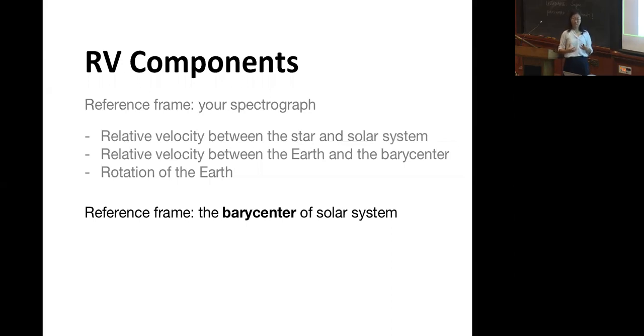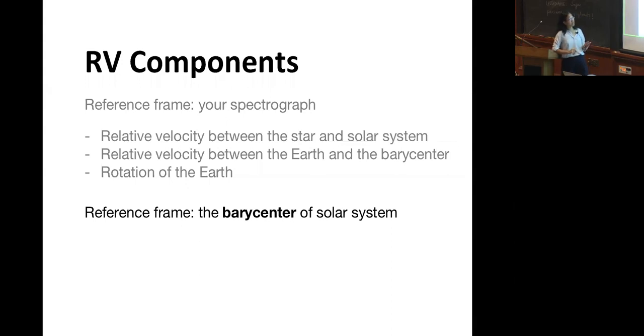To the barycenter of the solar system. You want to make sure that when you time your measurement, you time it for when the light arrives from the star at the barycenter of the solar system. And you want the relative speed between the star and the barycenter of the solar system. But even if you consider that,